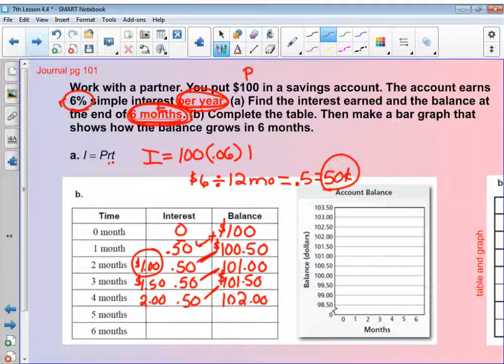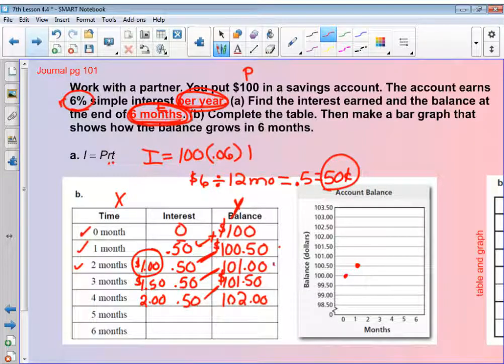So we'll graph to begin with. So at month 0, this is our X and this is our Y, we got $100. Month 0, $100. And you can either use a line or a bar graph, that's up to you. I'm going to do a line graph. So month 0, I'm at $100. Okay, at month 1, I'm now at, sorry, this is my Y over here, this is my X. At month 1, I'm at $100.50. So month 1, $100.50. Okay, month 2,